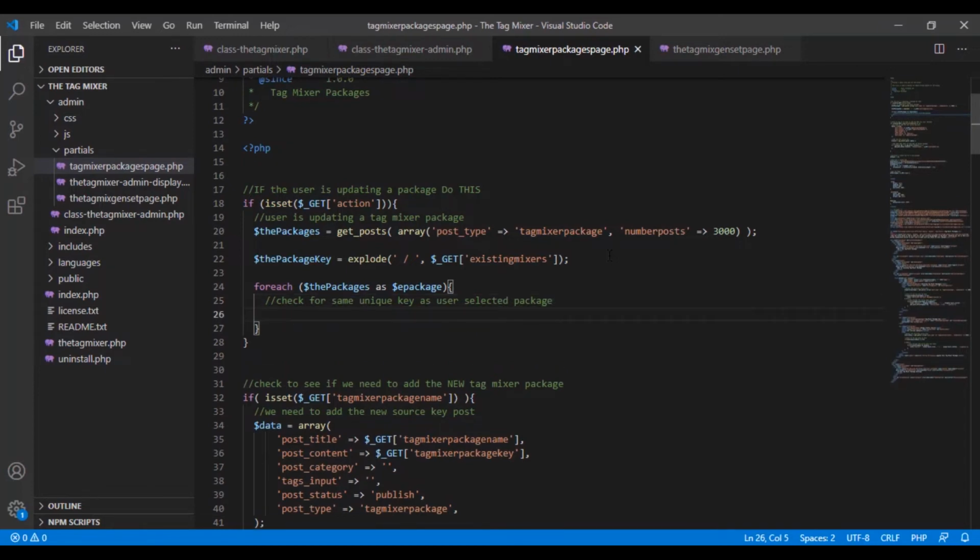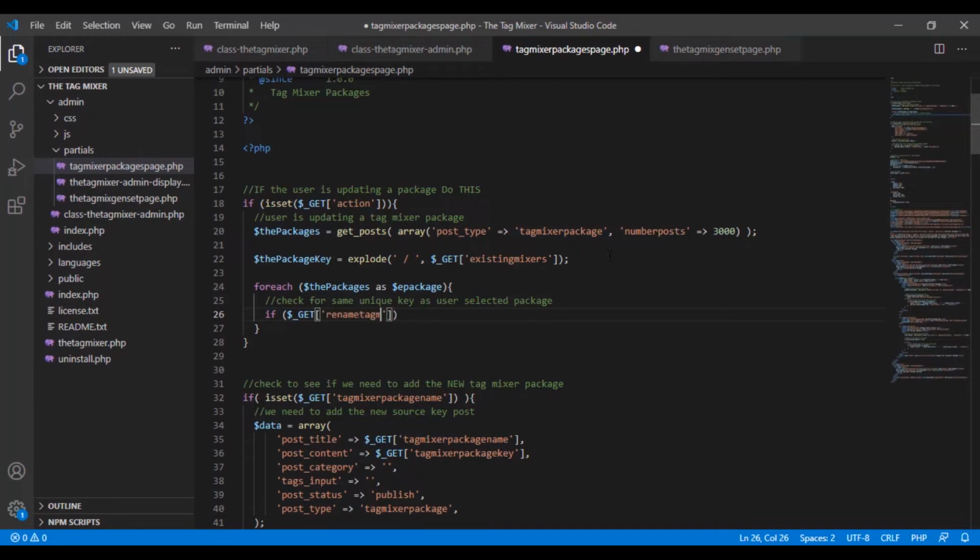We say if. First we need to check if the rename package field is not empty, meaning that they actually have data. This is kind of redundant. I'm doing error checking up here to see if they actually entered some data. You would really force them to do that below. So I'm considering taking this out, but I think maybe I'll put it in here anyway. So if get, and we're going to say